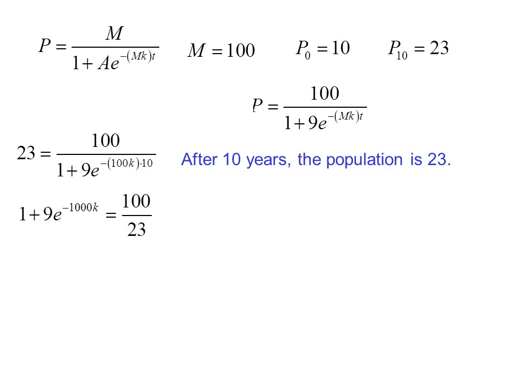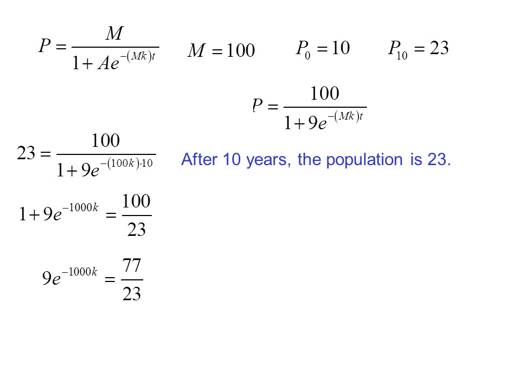So we have 1 plus 9e to the negative 1000k equals 100 over 23. 9e to the negative 1000k equals 77 over 23,